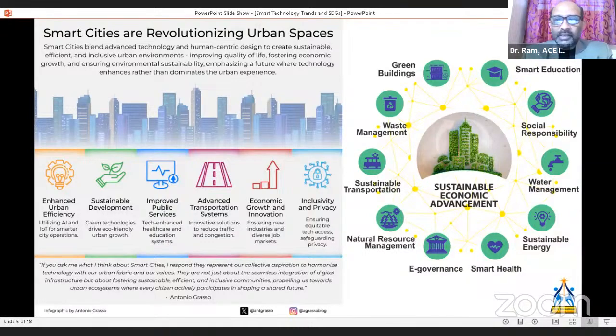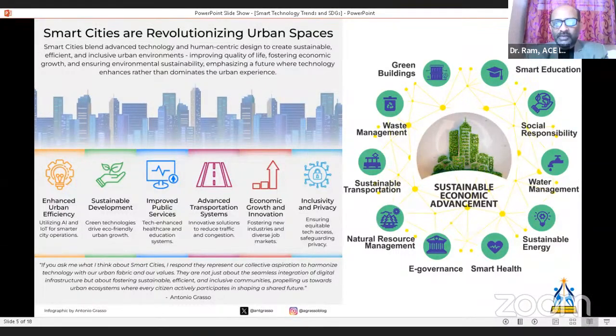Sustainable development in green energy sources, especially in farming. There are a lot of applications where AI, artificial intelligence, and other big data sources are very much in demand to provide solutions. Improved public services like the healthcare system, land transport system, any kind of logistics supply chain, or even governance in building maintenance and so on. Advanced transportation: now, green energy sources are supporting a lot, especially electric cars or electric vehicles, which are very much in demand as of now.